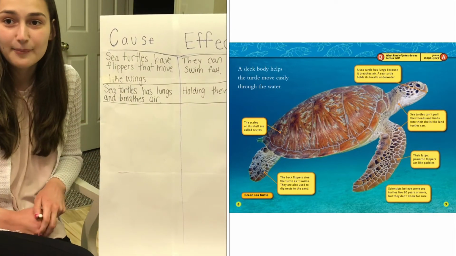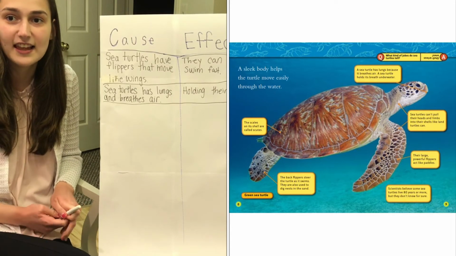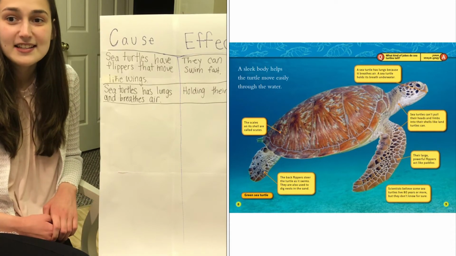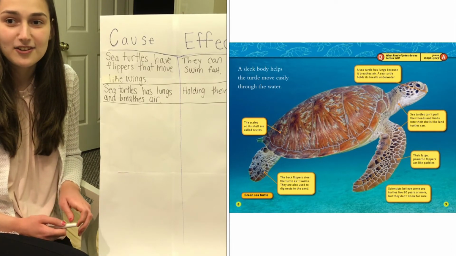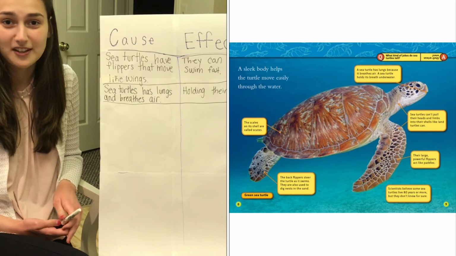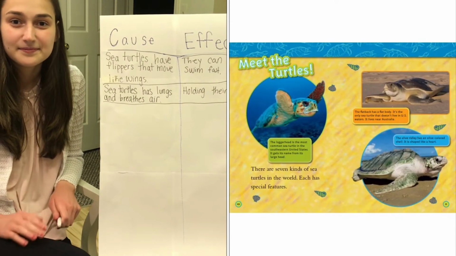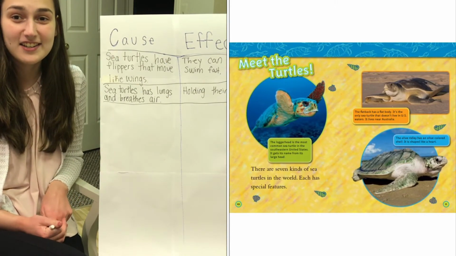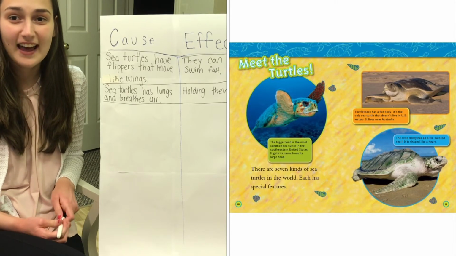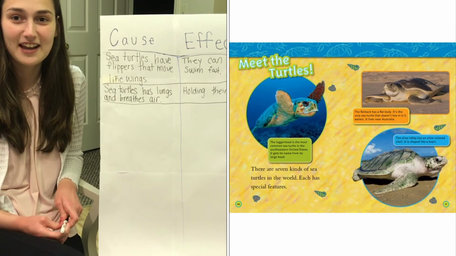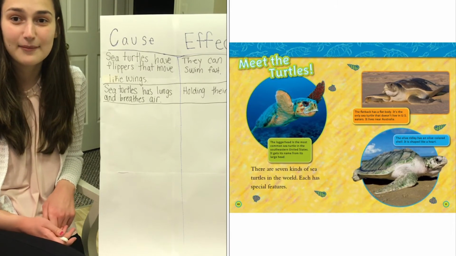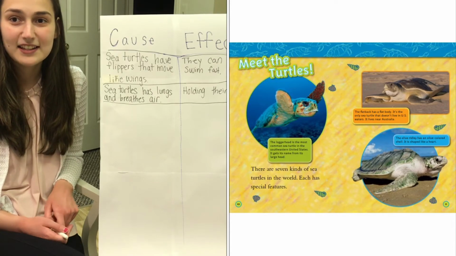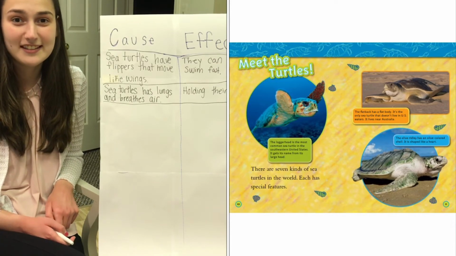Sea turtles can't pull their head and limbs into their shells like land turtles can. Their large, powerful flippers act like paddles. Scientists believe some sea turtles live 80 years or more, but they're not sure. Meet the turtle. There are 7 kinds of sea turtles in the world. Each has its own special features. The loggerhead is the most common sea turtle in the southeastern United States. It gets its name from its large head. The flatback has a flat body. It's the only sea turtle that doesn't live in the United States waters.